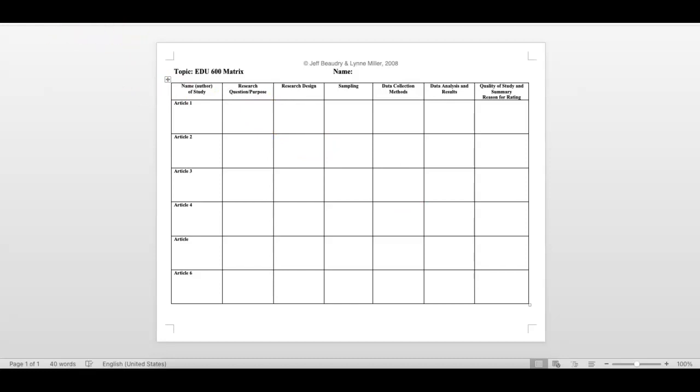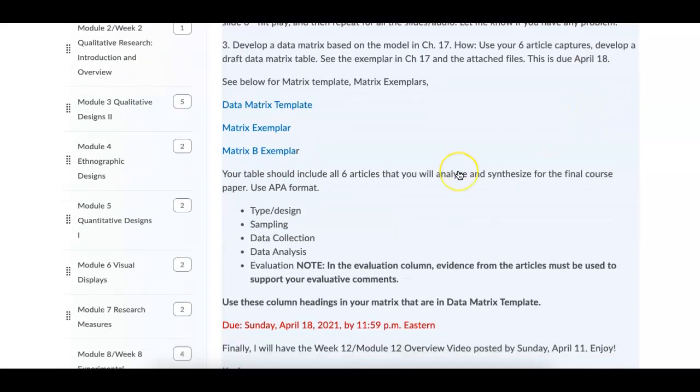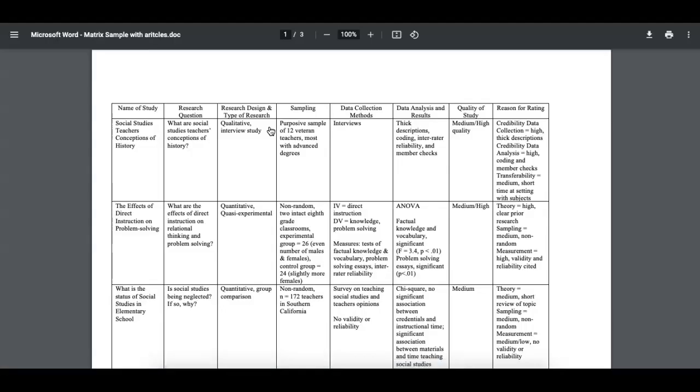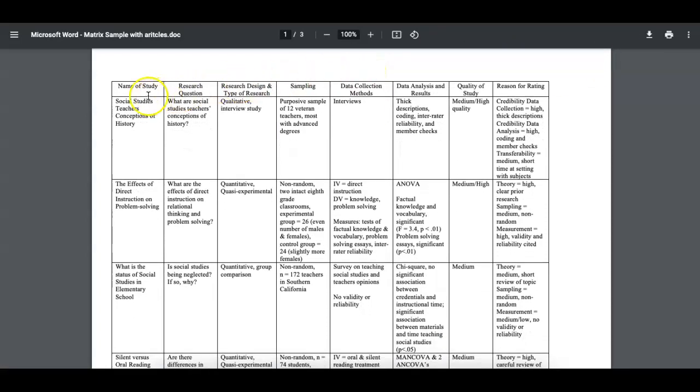So I'm going to go back for a second. Bear with me. So in here, as you can see, we're back on our Brightspace. There are 2 exemplars. Click on one. Okay, now I didn't put the student's name in here, but you can see name of the study, research questions. Now you can use the name of the study or the authors, the questions, the research design, the sampling, data